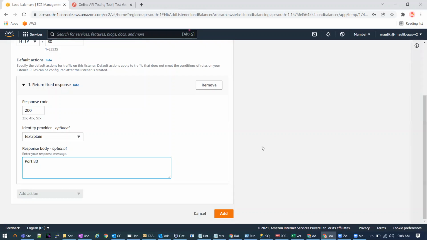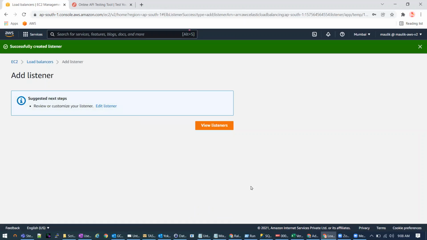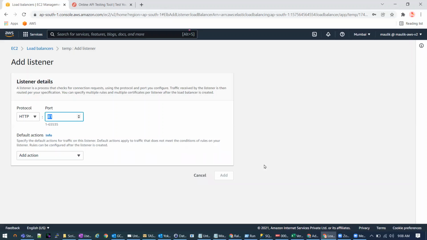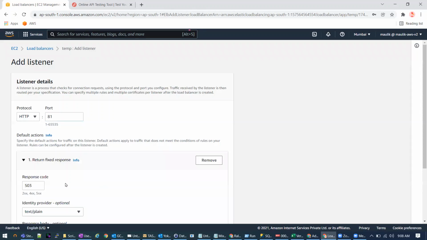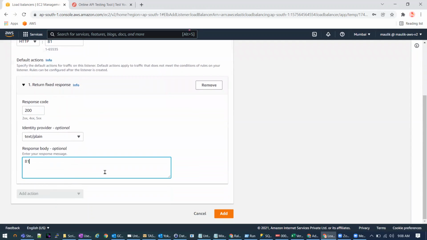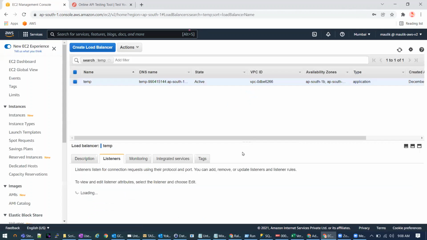Okay, I am adding the fixed text port 80. Again, adding another request, 81. Okay, that's it. We are done.